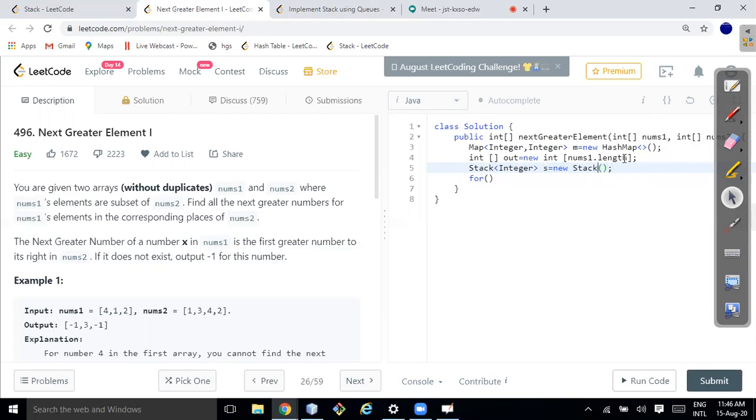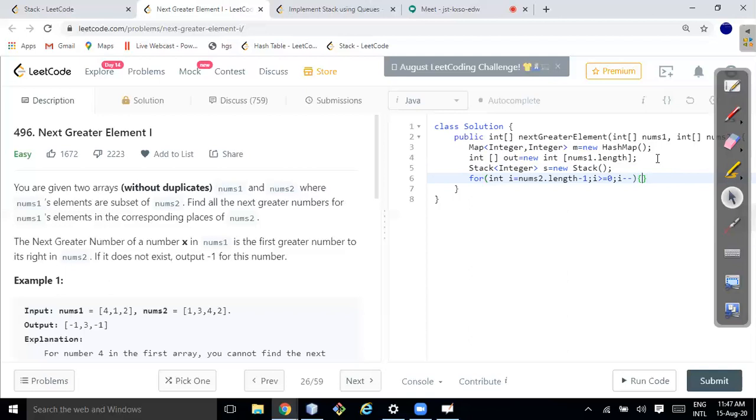You don't need to write this part also, you can skip this one. Okay. So I have to perform the operation from the end. So I should be starting from nums2.length minus 1, and i should be greater than or equal to 0, i plus plus, i minus minus, right?